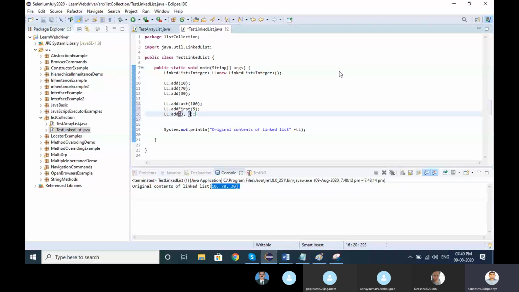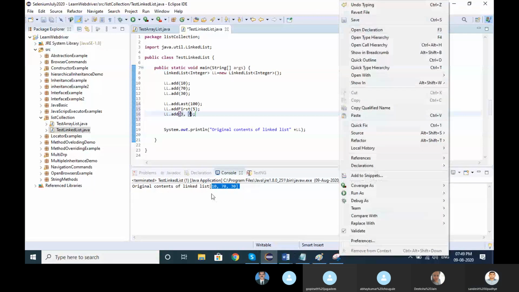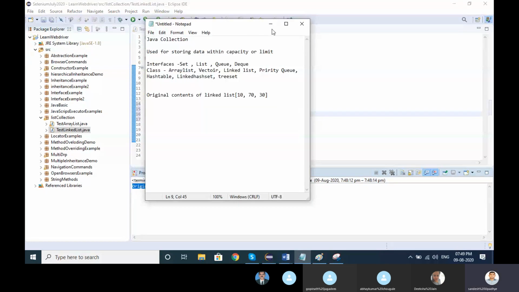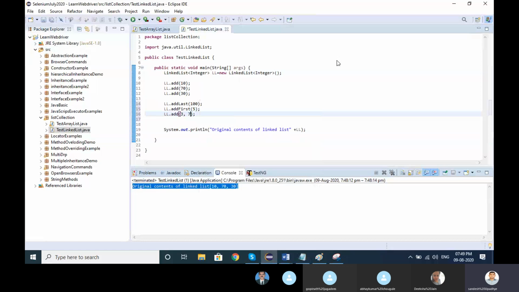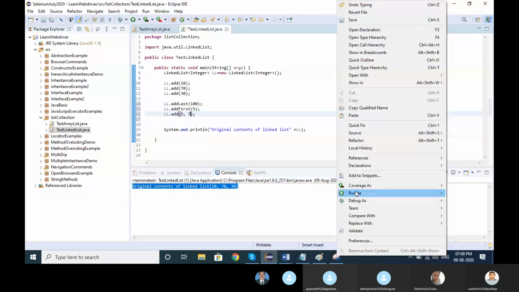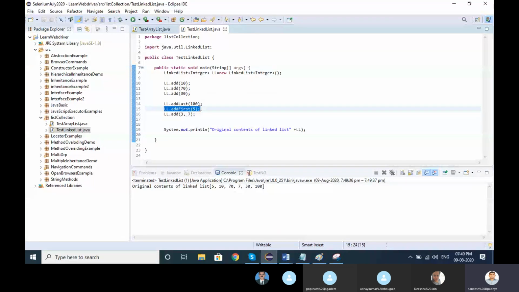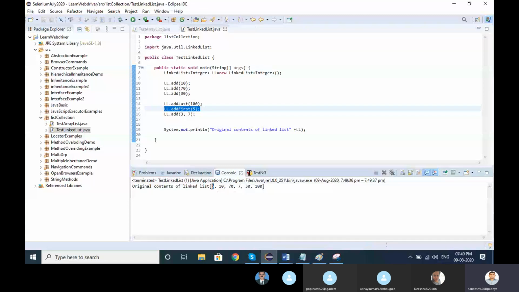You can add elements like this as well. What I added with addFirst goes as the first element, right? The first level. I added addLast 100, so 100 goes last.